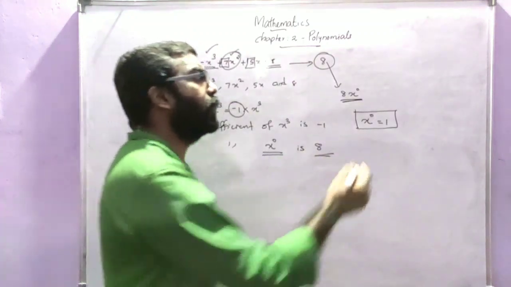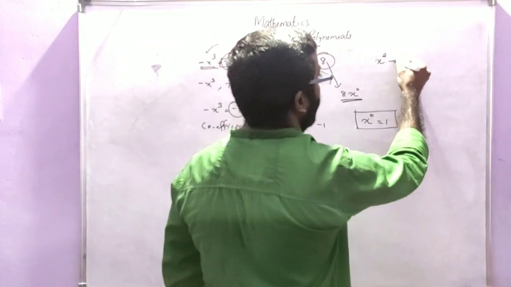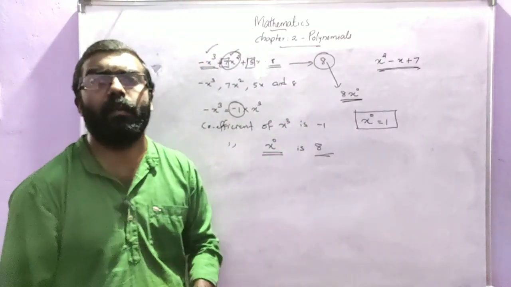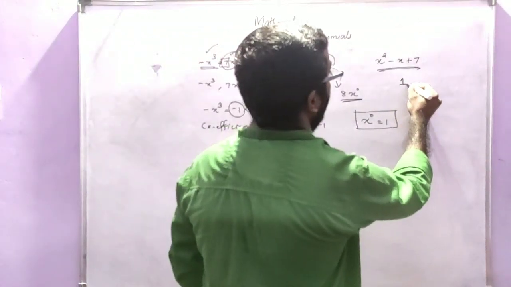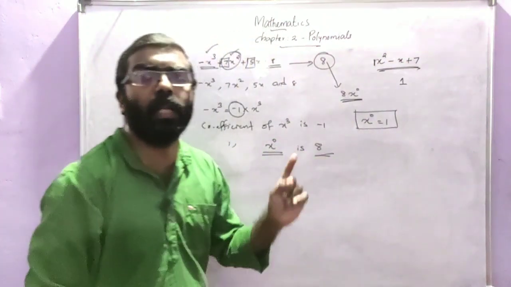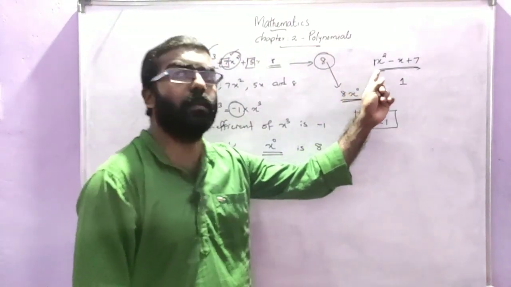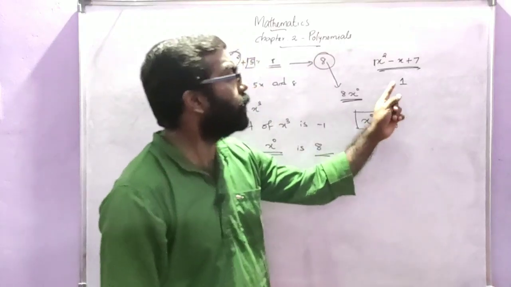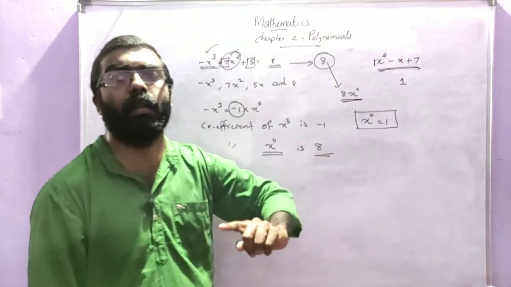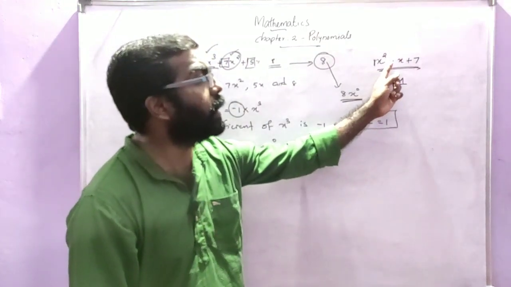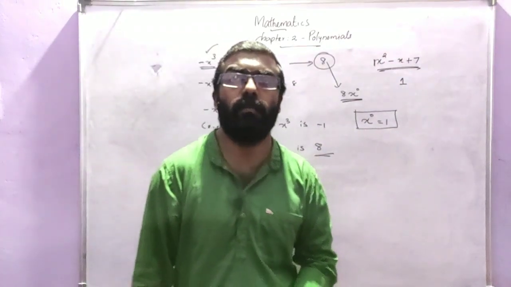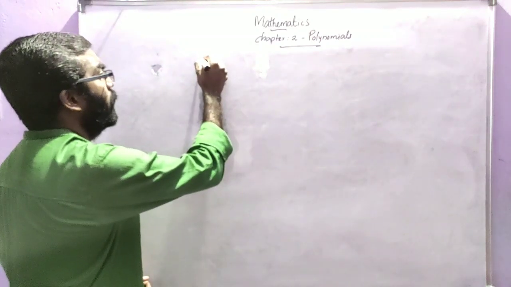Understood? Now can you say the coefficient of x square in x square minus x plus 7? The coefficient of x square in this polynomial is nothing but 1. Here no number is written, that means 1x square. Okay, 1 into x square is x square, that is why we don't write 1 there. So the coefficient of x square is 1, and the coefficient of x is what? Minus 1. Clear? We have to say the number together with the sign of that particular number, minus 1. Understood? Now the number 2 is also a polynomial.